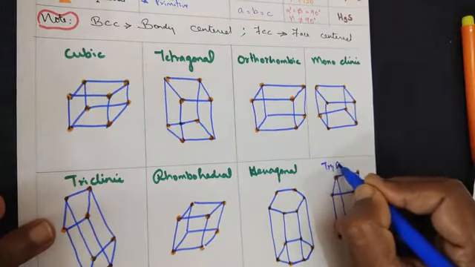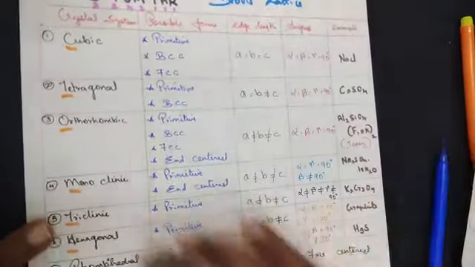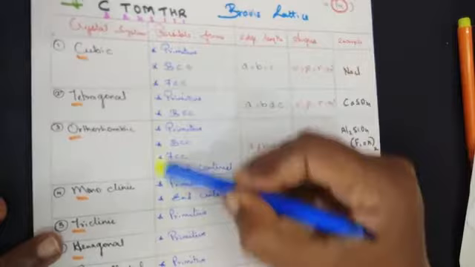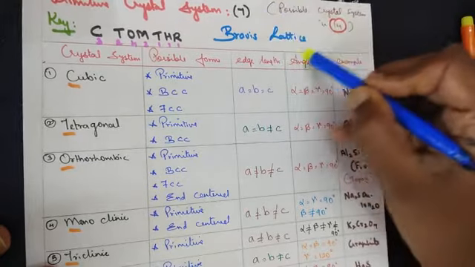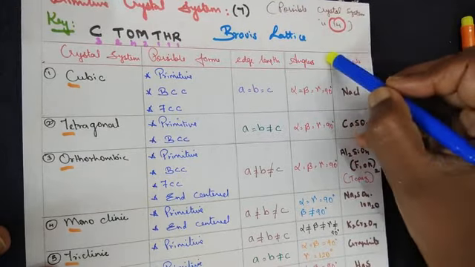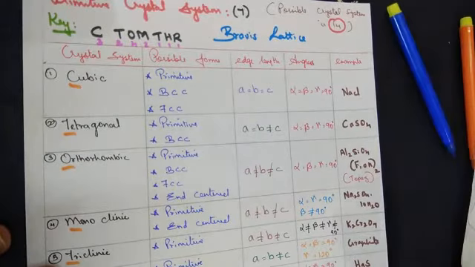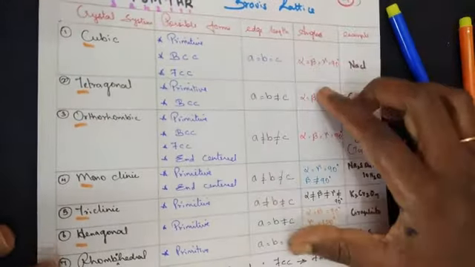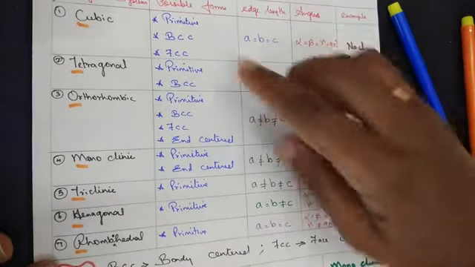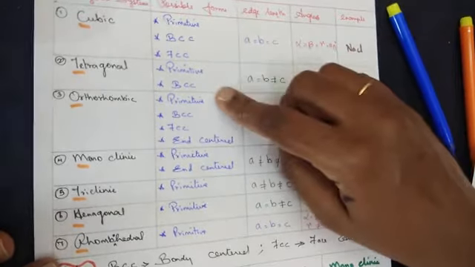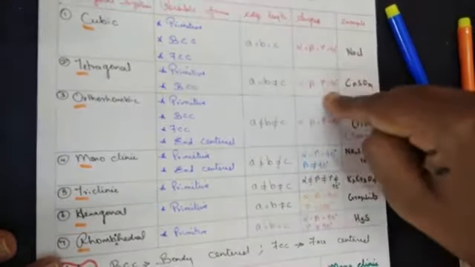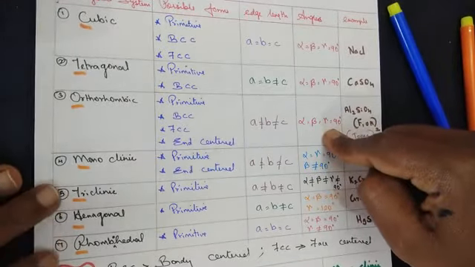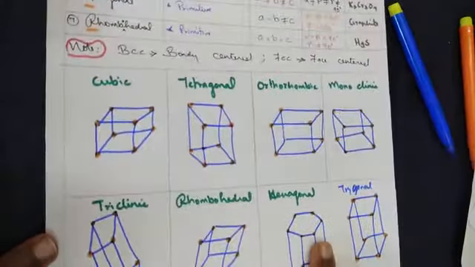So I have explained to you the easy trick to remember. If we count the number of possible forms, altogether they come up to 14. Even if you add the numbers here, you will get it. These 14 structures of crystals are given by the scientist called Bravais. So if they give you the question, write a note on Bravais lattice, you will have to explain how many types of crystals are possible and what the 14 types of forms possible are. These are types of crystal, these are forms of crystal possible, along with the 6 parameters for each system structure. You have to explain an example and the structure of it if it is asked.